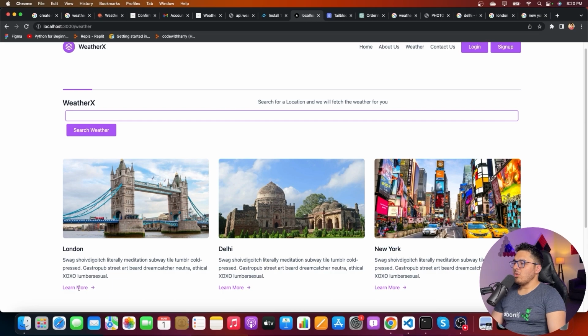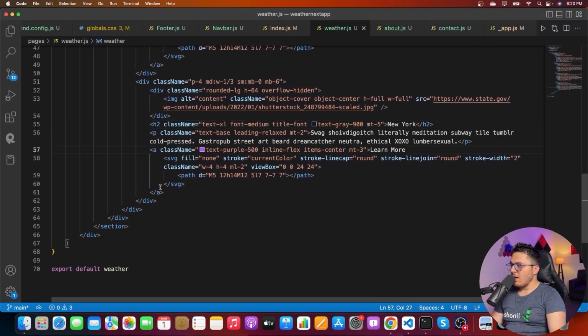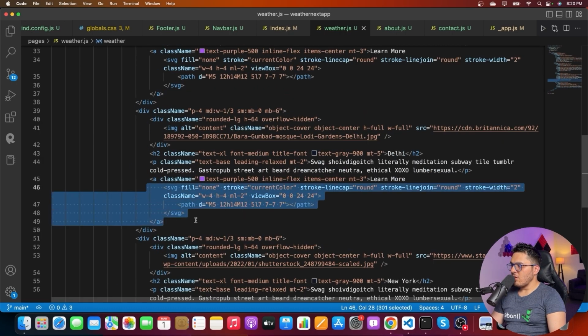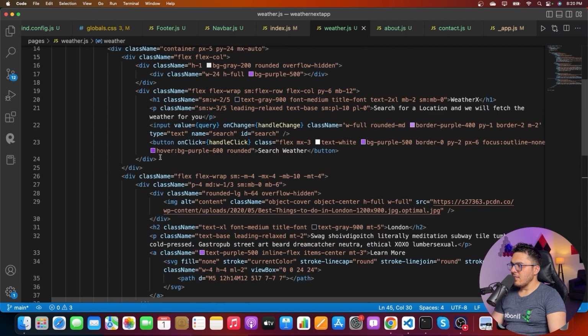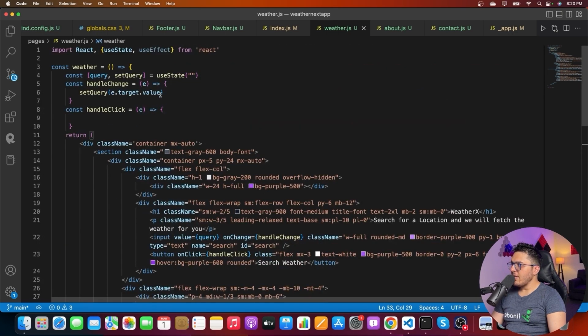Nice. So they have these learn more buttons here, but let me remove these. I don't want to have these learn more buttons. We can always customize our UI, right? So let me remove all these A tags because I don't need them. Now inside of my useEffect,